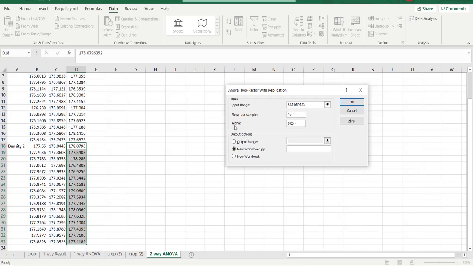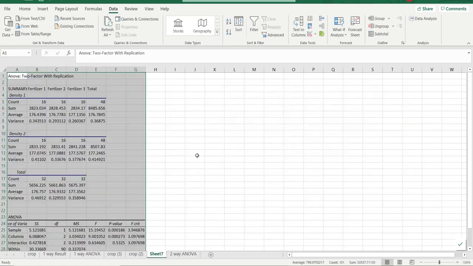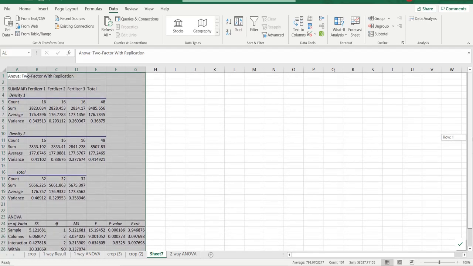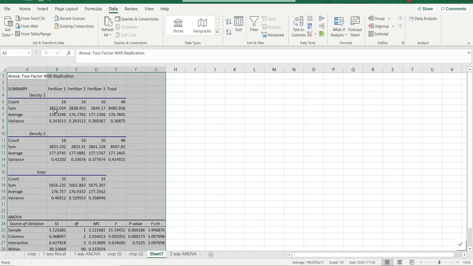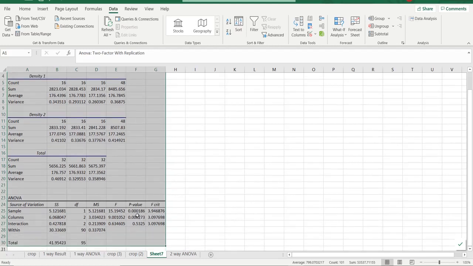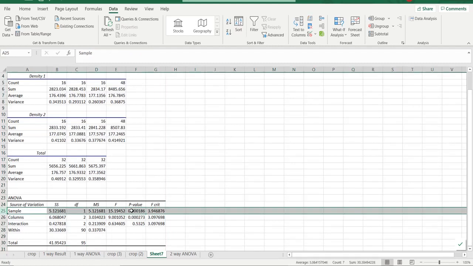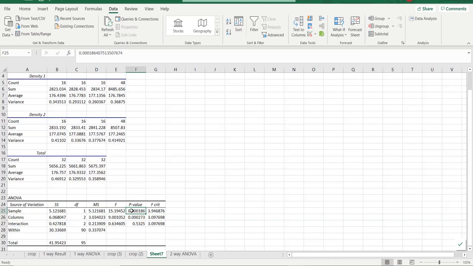By default, Excel has chosen the alpha value as 0.05. Once the data has been given, click OK. You can find the result in a new tab. You can find the summary based on the features you have used, and you can find the p-value. This indicates the p-value of the feature density.